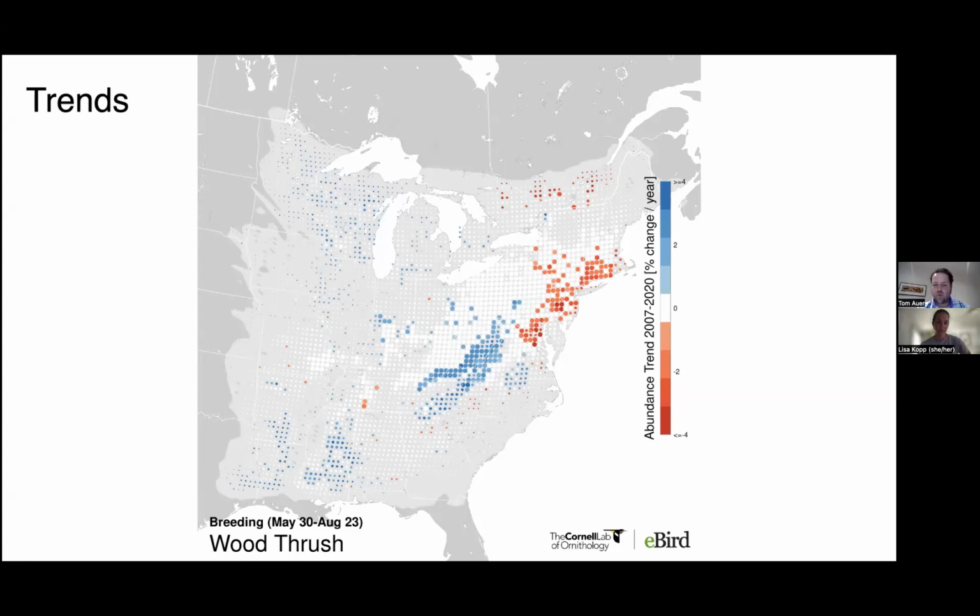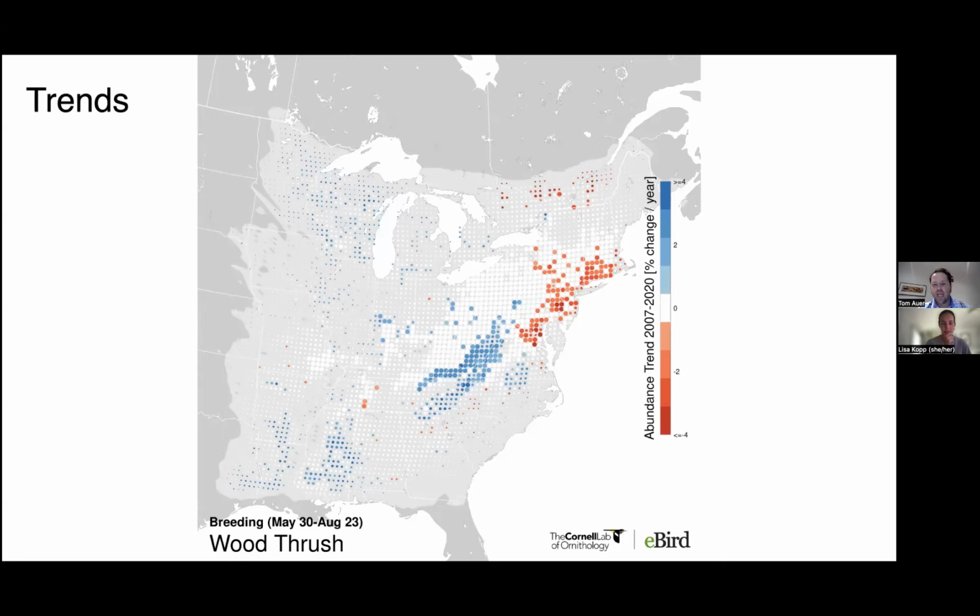There's been a fair amount of work in the Appalachian Mountains, where you see a lot of increase related to forest management practices. Wood thrush also like a transitional forest. So if there's been logging that's starting to transition to young forests, that's going to be beneficial for wood thrush. Further east, you'll really see a lot of decline in the urban corridor. It's very likely that that's related to habitat degradation, loss of habitat, as urban intensification in that area continues to happen.